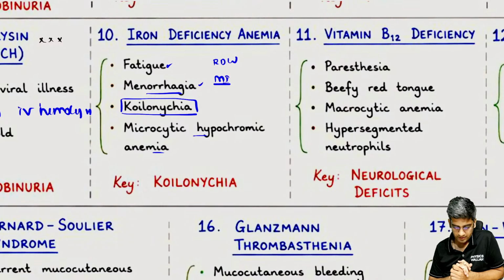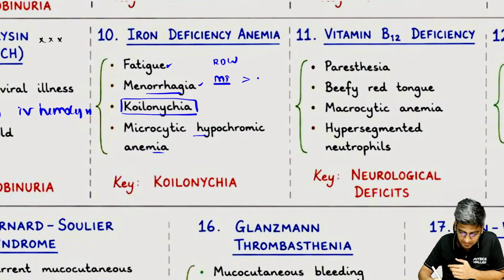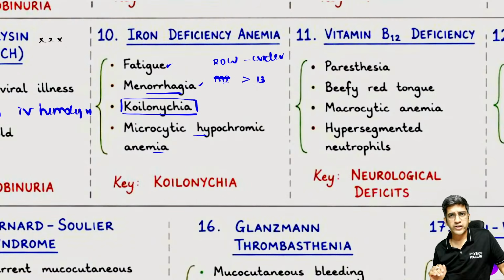Fine. Okay. RDW will be wider and Mentzer's index will be more than 13 in case of iron deficiency anemia, right? Koilonychia is one of the important clues for an IDA, right? Then